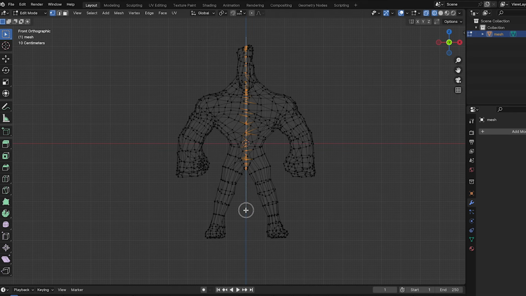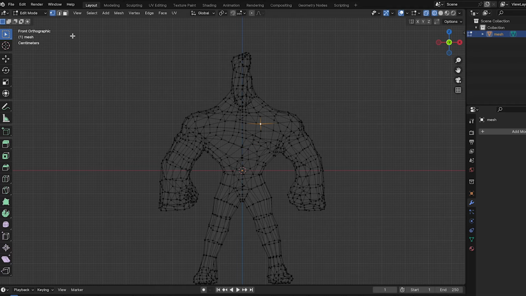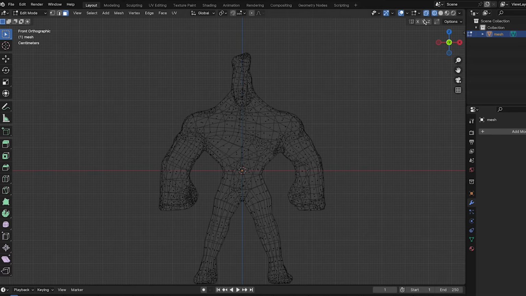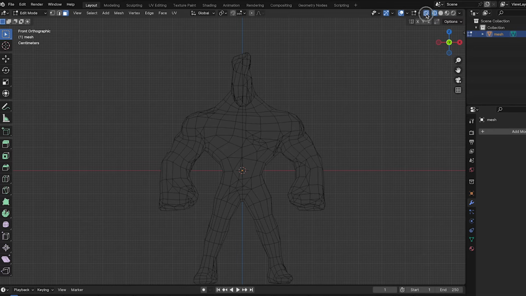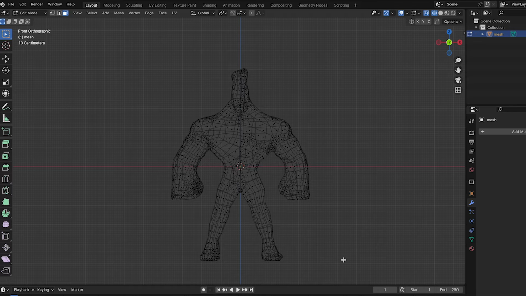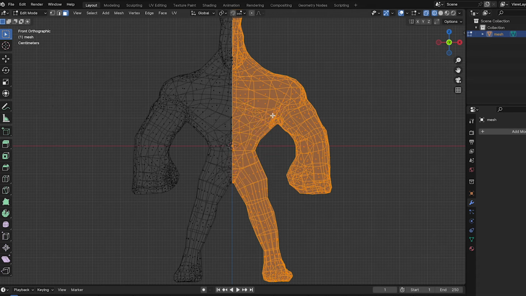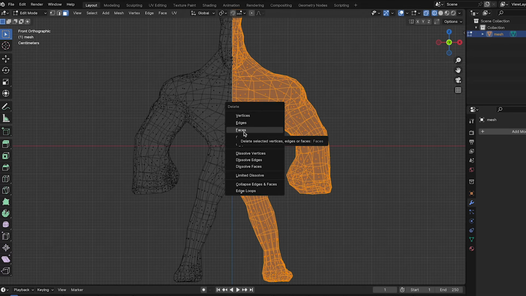This cuts all the center faces in half. Next, go to the face selection mode, and it's very important that you still have that X-ray option toggled on, and now try to select all the faces on the right side of the model with the Select Box tool. We are now going to delete all those faces, so press X and choose the Faces option to delete them